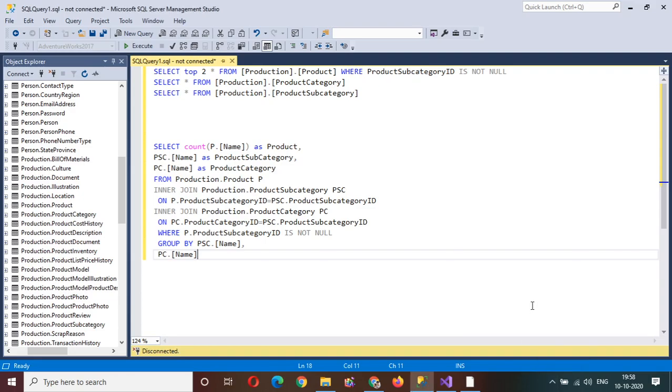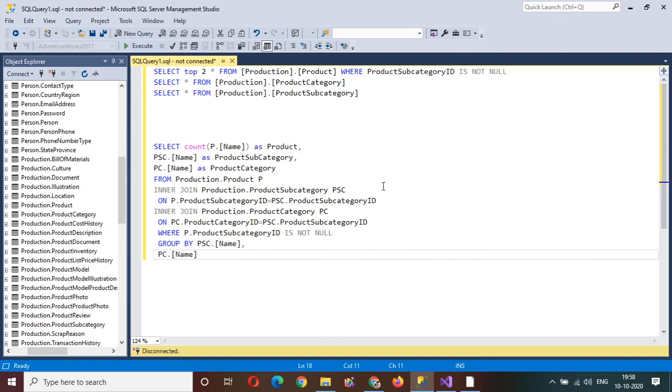So today in this session we are going to understand how we can create a line chart in SSRS report. Before creating an SSRS report for the line chart, first we'll understand what data we are going to demonstrate, what data we are going to show in the line chart.